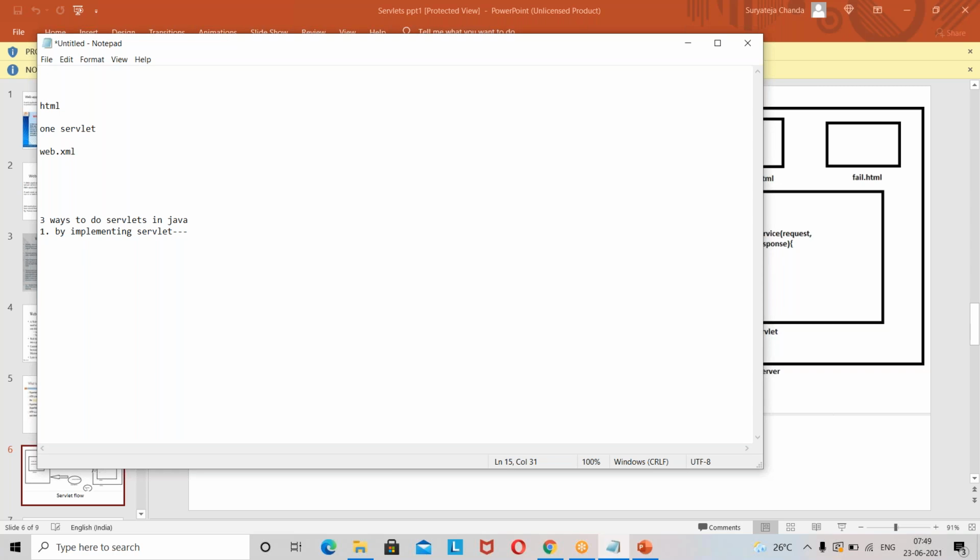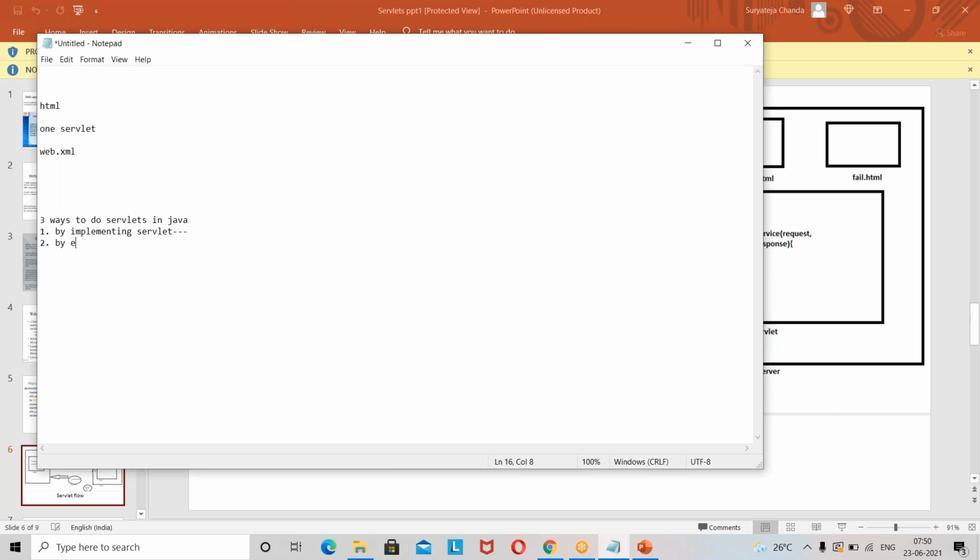Your servlet will have 5 methods: init, service method, servlet get info, destroy, and get servlet config. So whenever you create a servlet class by implementing it, you need to override all those 5 methods, because it is an interface, right?